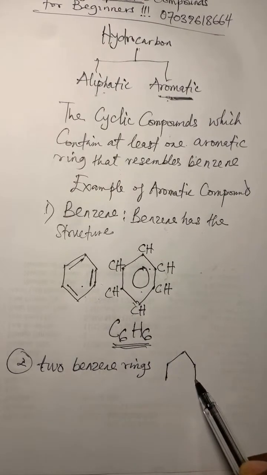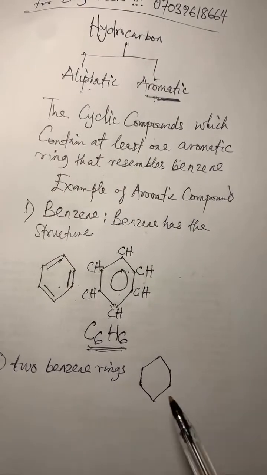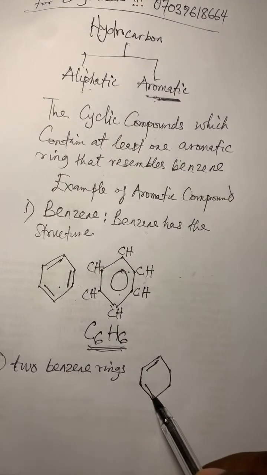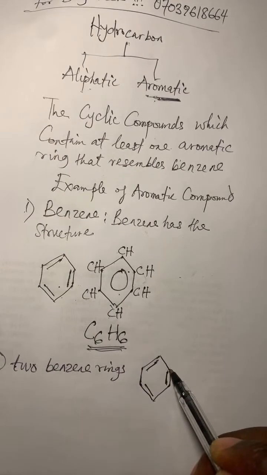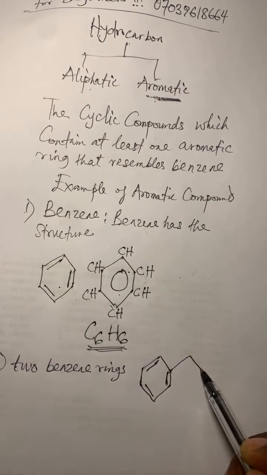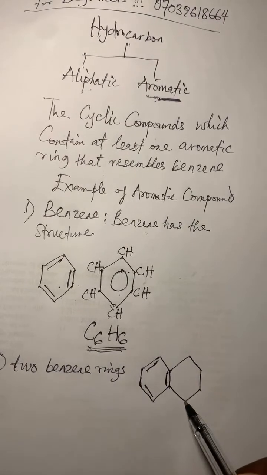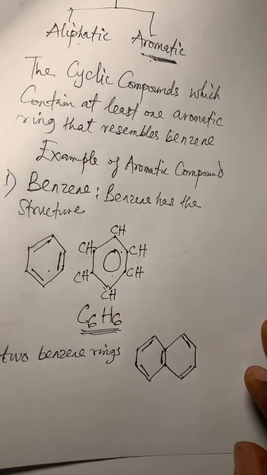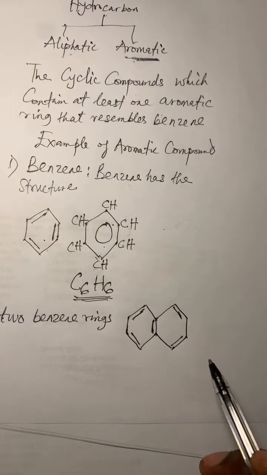When you have two benzene rings like this, and you have another one, let's say we have this to be a double bond, this is another double bond, this is another one, then from this extension we have another benzene like this, like this, like this. Have one here, we have one here. So when we have something like this, what is this called? Everybody use the comment section.